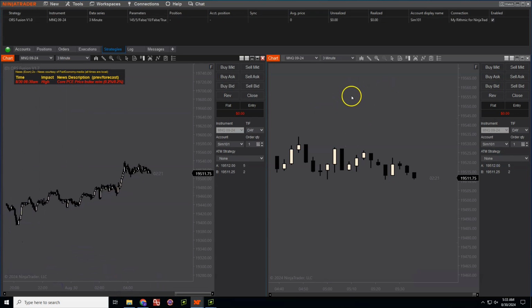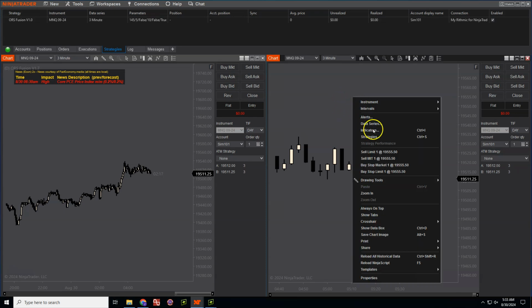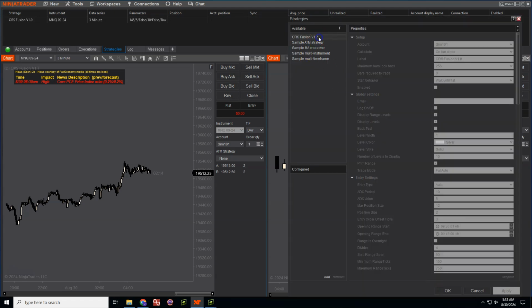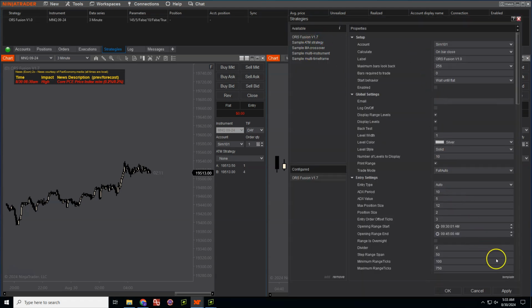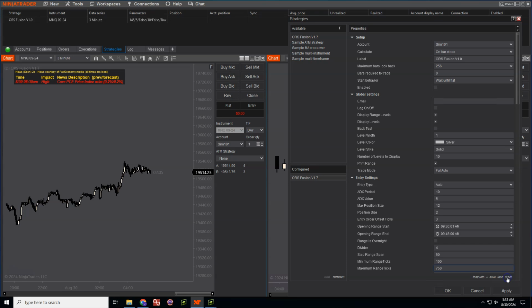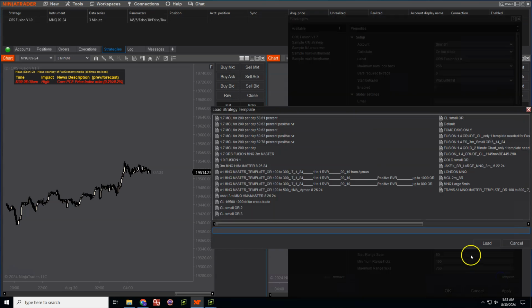And over here, let's go ahead and load up ORS 1.7 on the chart on the right. Doing the same exact thing. Strategies. Double click to configure. I gotta move this drawing tool thing. And we're gonna go to template, load, and you're only gonna have one template, and at least by the time I'm making this video, it's gonna be this template. Excuse me, load,